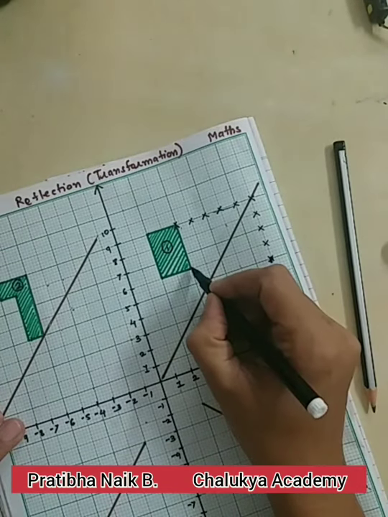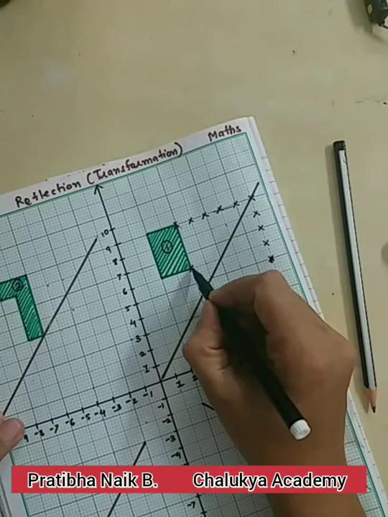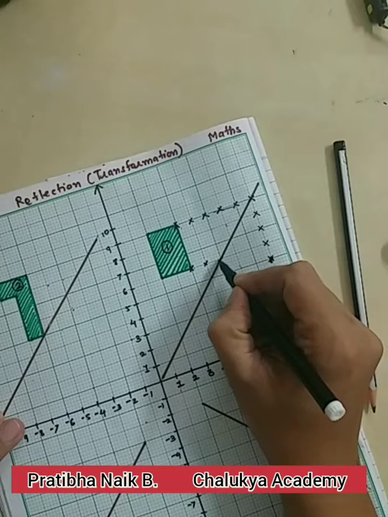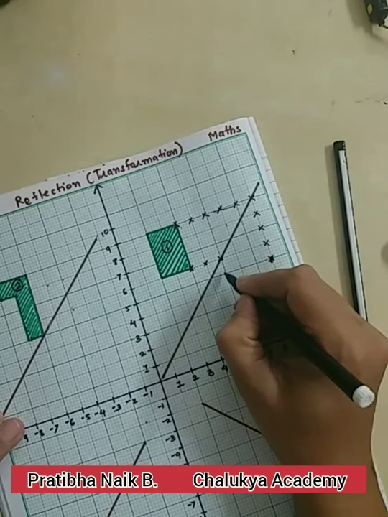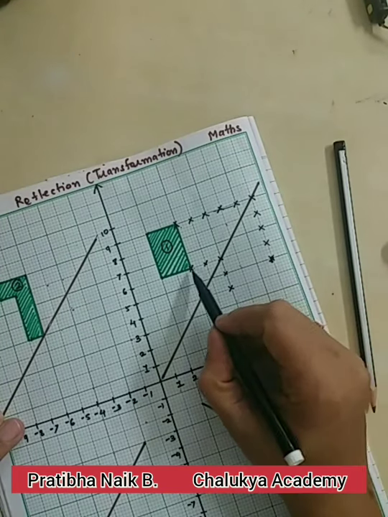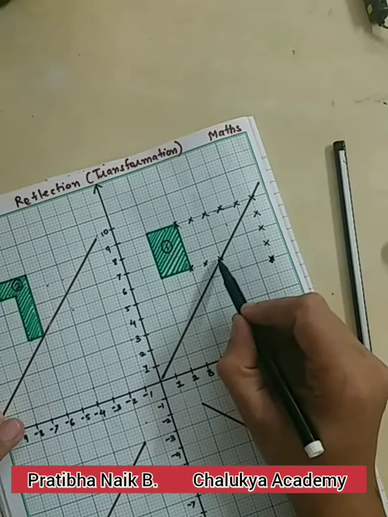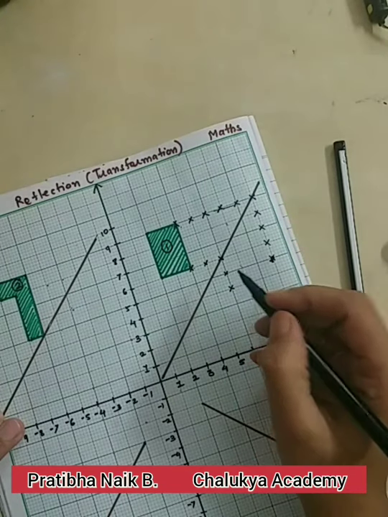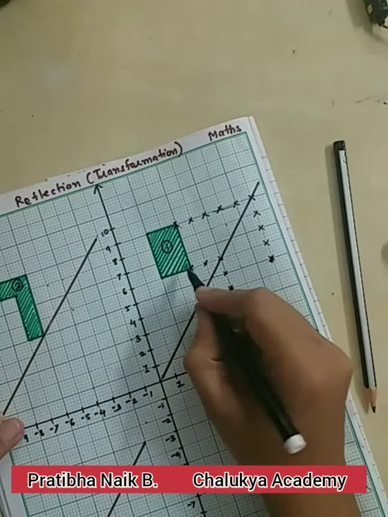Okay, now let's consider this. Now this point, again we are moving horizontally and then vertically. So this is 1, 2. Now I have moved horizontally. Now I will move vertically down. So this is the way you have to draw. So vertically and horizontally. Okay. Next, this is the image of this point.